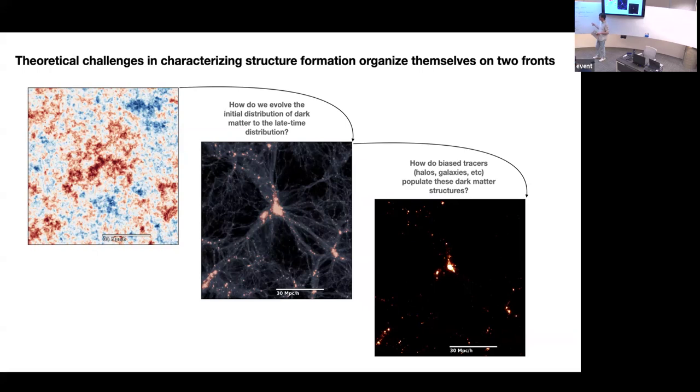Then you say, my galaxies today in simulations look like they trace my dark matter distribution in simulations. So I will write a statistical description between this field here and this field here, and I will write a perturbation theory for this. But it turns out that since this is a fluid dynamics problem, and fluid dynamics always admits two frames of reference, the Eulerian and Lagrangian frames, you can also reformulate this problem as this Lagrangian picture, where